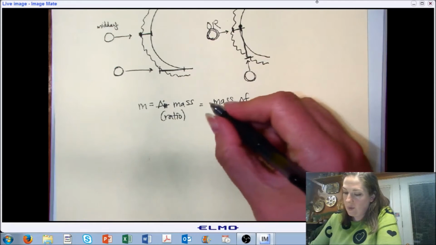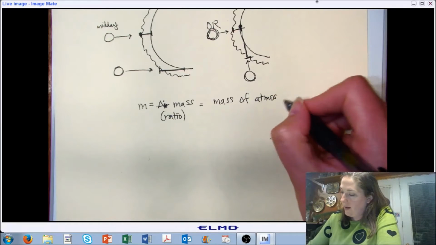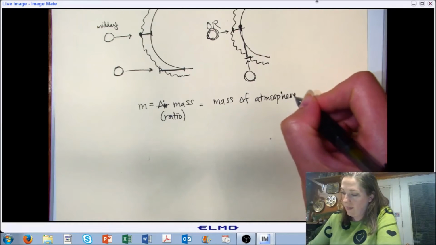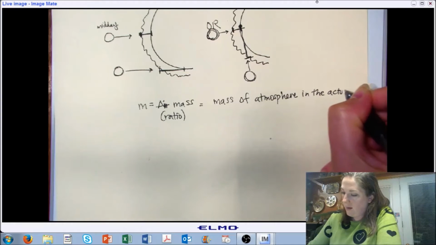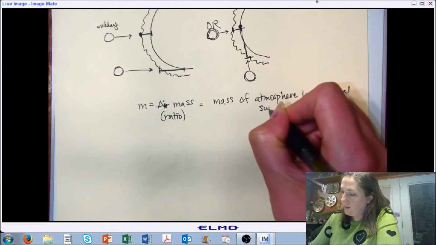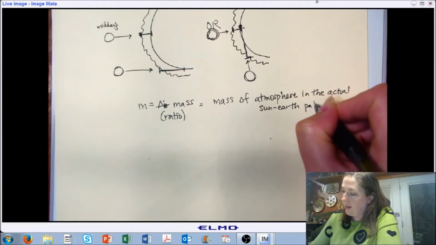So the mass of atmosphere in the actual Sun-Earth path